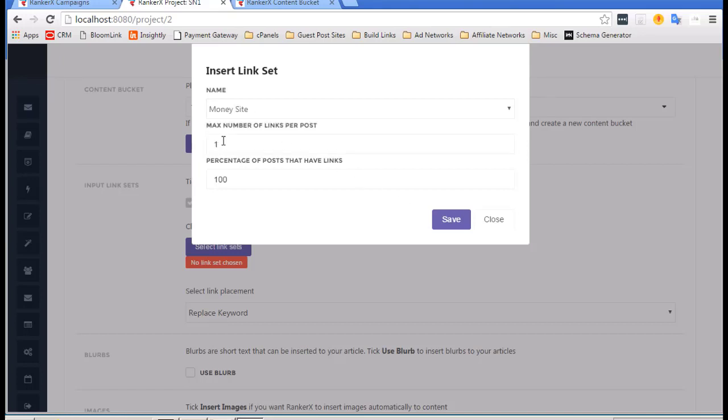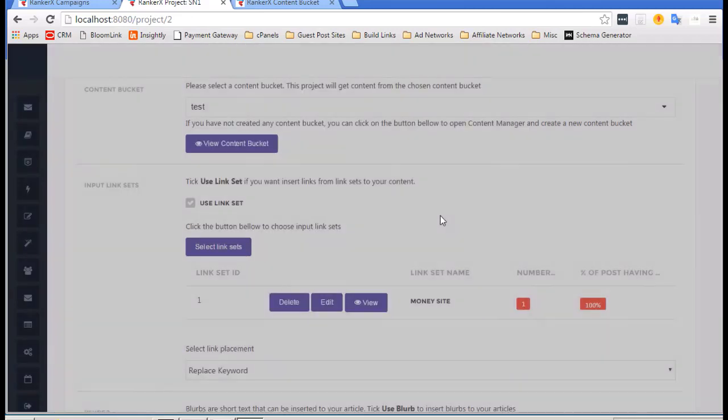How many links per post? You can do 2. So if you have a link set that has multiple links in it, you might want 2 links or 3 on each page. But in this case, we only have 1 link in our link set, so we just want 1 link. And then the percentage of posts that have links, so we want to do 100%. So we hit save,